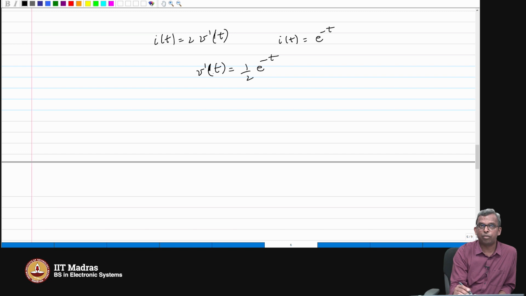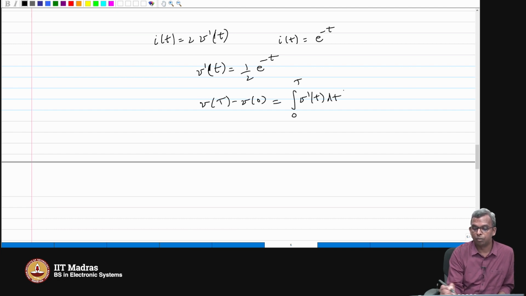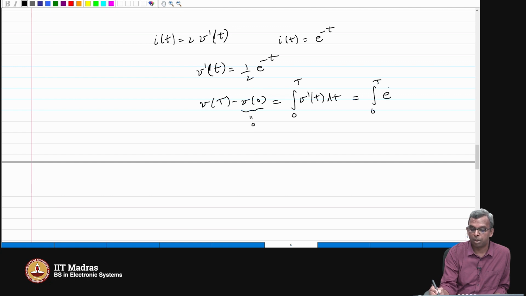So, how do you go to v from v'? You have to use the fundamental theorem of calculus and what it means, right. v(t) minus v(0) is the integral from 0 to t of v'(t) dt, isn't it. So, this is the standard formula. So, the antiderivative is v for v'. You substitute that and you get from the fundamental theorem, v(0) is given as 0, and you integrate from 0 to t of e^(-t),